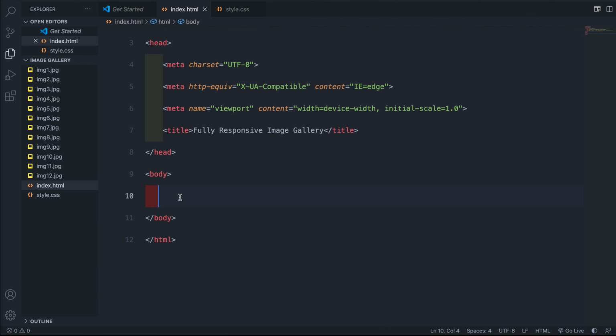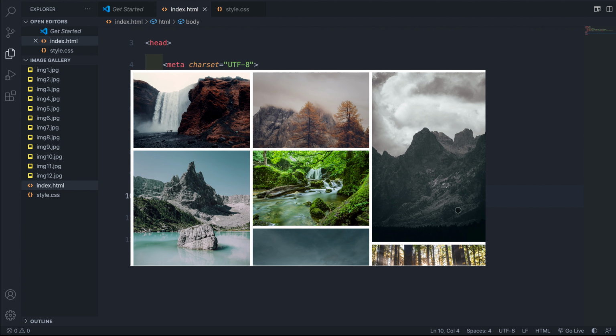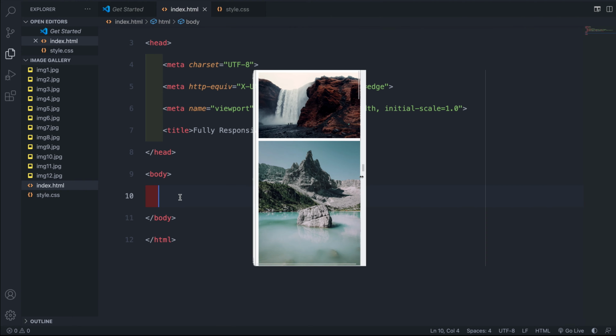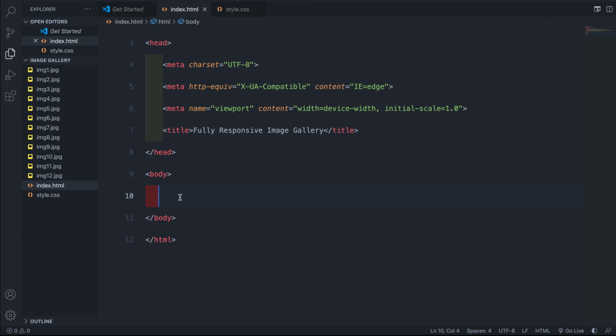Hello everyone, in this video I'm going to be showing you how to create a fully responsive image gallery using only HTML and CSS. To start off, in our HTML we need to create a class called container to store